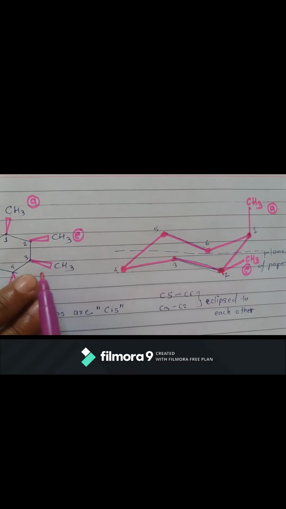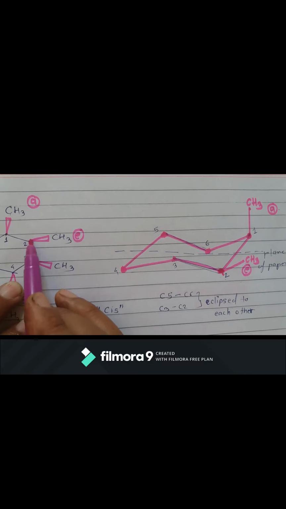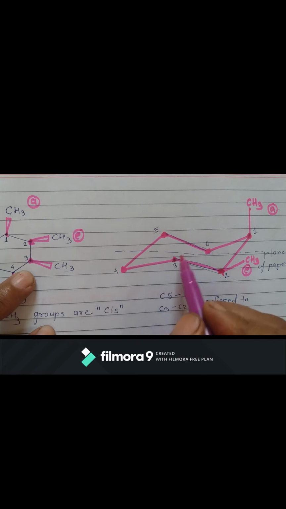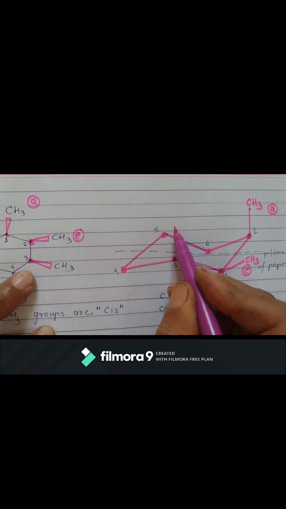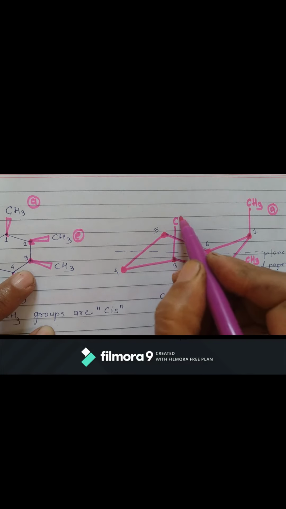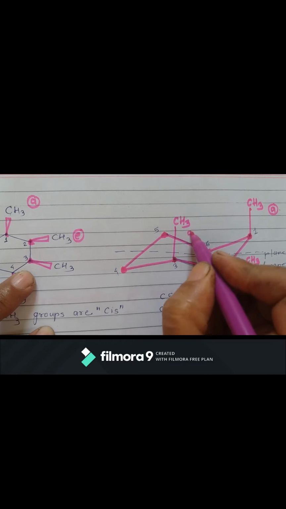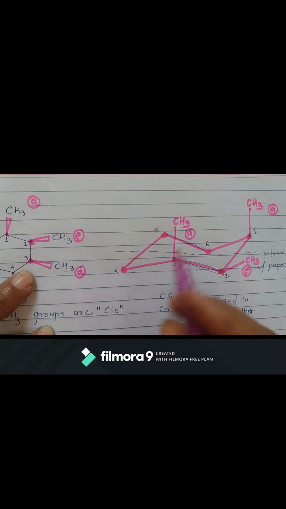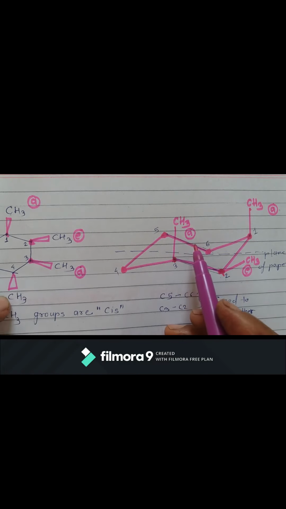Now we will go for the third methyl group, to draw here, which is above the plane of the paper. Here, if we draw equatorial, that will be below the plane. So if it is above the plane of the paper, simply that will become an axial methyl group. So again, the third position methyl group becomes axial. Right here, axial.